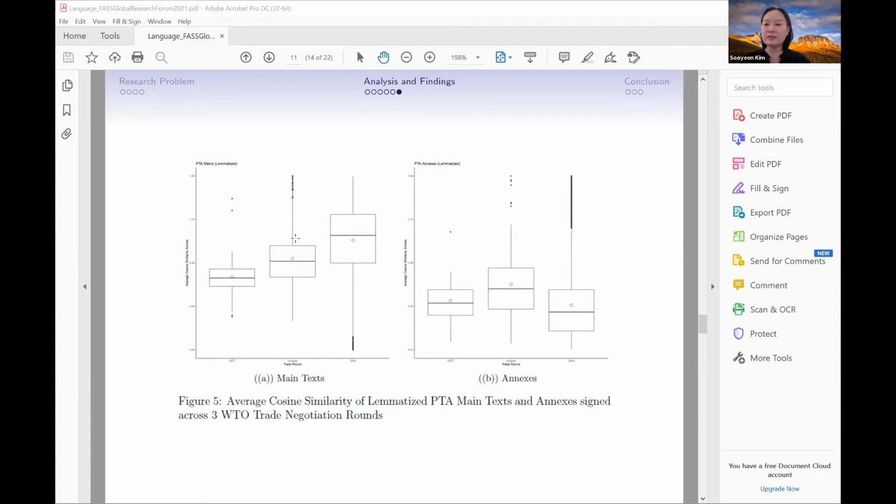So all the agreements, right, signed after 1986 tend to go up in similarity, right? Same here, with the annexes go up in similarity, right? And then it gets further increased once we enter the WTO era. So here we look at the agreements that are signed in the Doha era. So the Doha round, which is the only multilateral round of trade negotiations that was ever launched under the World Trade Organization, took place in 2001. Right, we know that it failed,